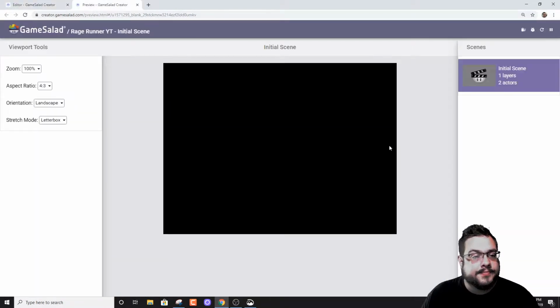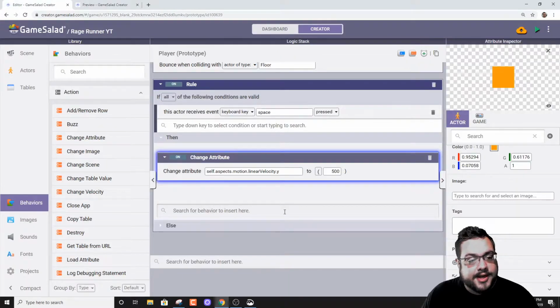And now if we hit play, our player lands on the floor, and when we hit space, we're able to jump. But if we hit space multiple times, we're actually able to jump in mid-air, just like in Flappy Bird, and we don't want that. So what we're going to have to do is add a second condition to this rule